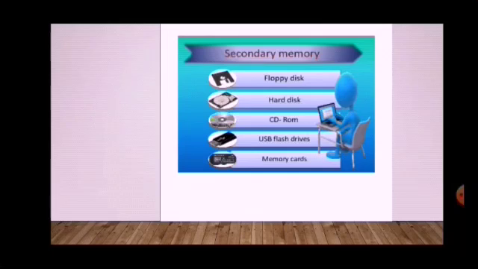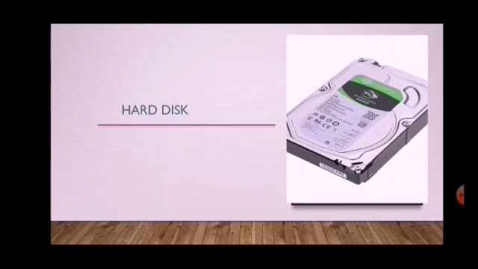Now, we talk about the secondary memory and its parts. There are so many parts like hard disk, USB flash drive, CD, DVD, memory card and Blu-ray disc. First we learn about the secondary memory. This type of memory is referred to as an external memory. It is called secondary memory. In that memory, data and information is stored permanently.